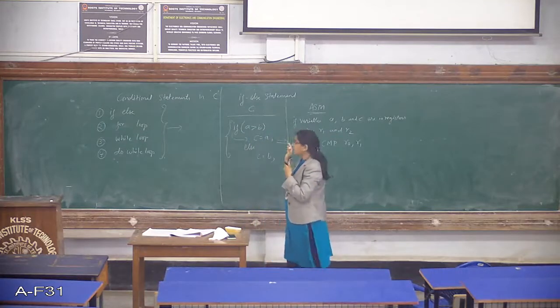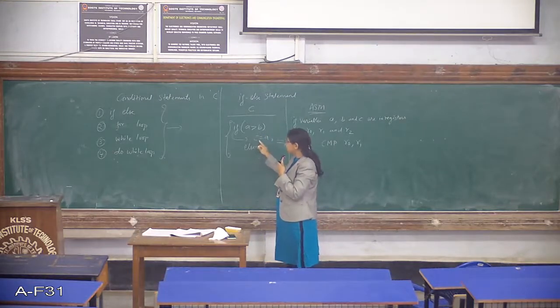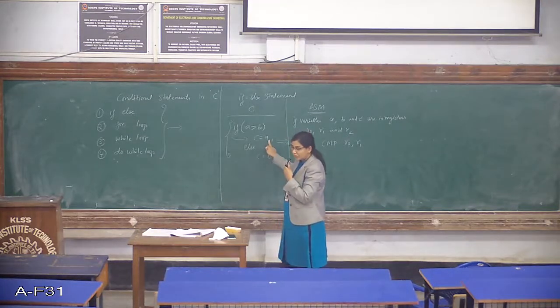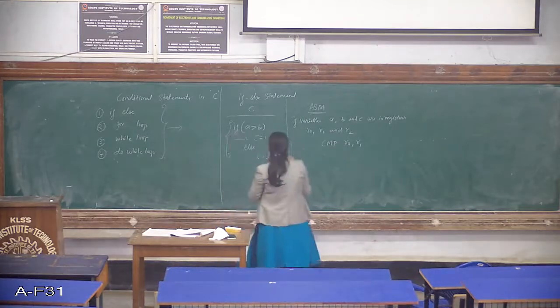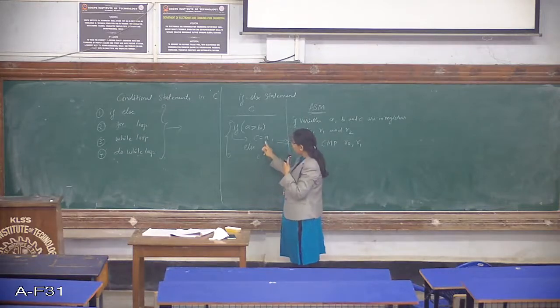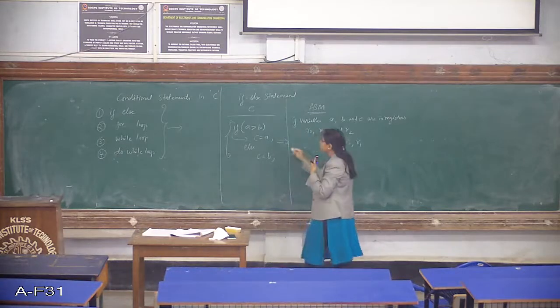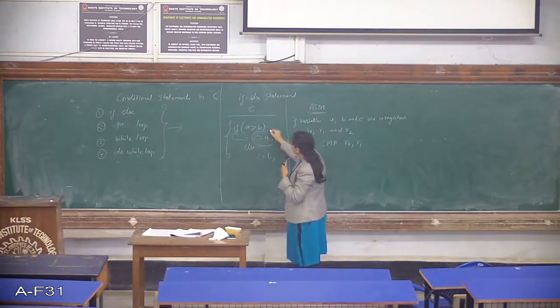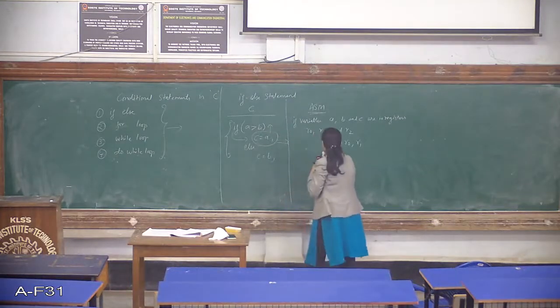If A is greater than B, then you are going to have the assignment. So you are going to put the value of A in C. You are assigning value A to C. This is the statement which has to be executed. When I want to assign or move any data from A to C, I'll be using a move instruction. When will this instruction be executed? Only if A was greater than B.